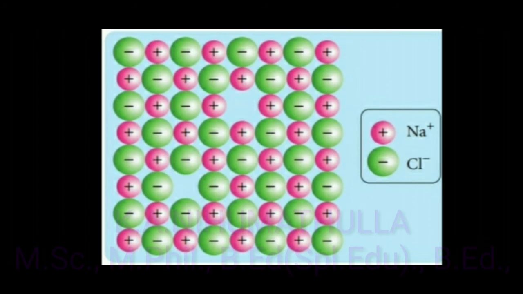In which type of ionic crystal does the Schottky defect take place? The ionic solids in which the cation and anion are of almost similar size. One of the main examples is our sodium chloride. We are using this common salt, table salt, sodium chloride, in our day-to-day life, an example of Schottky defect.